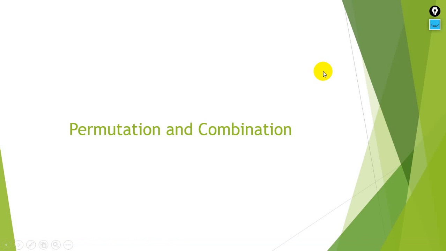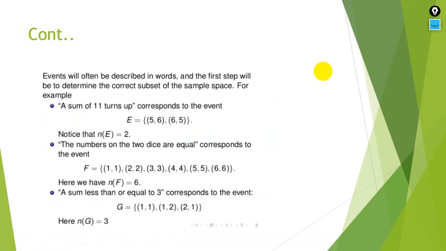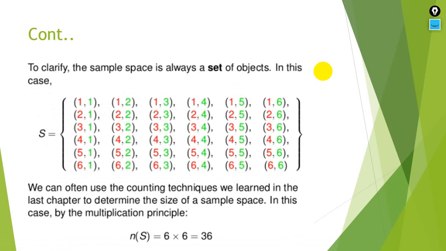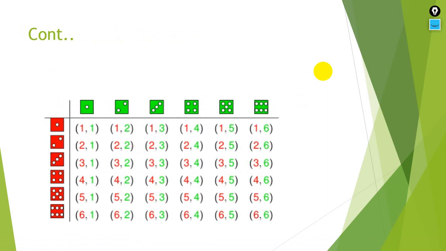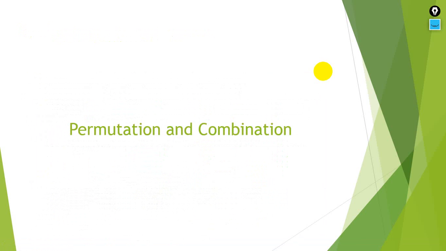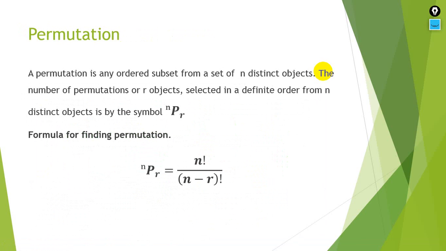Okay, Bismillahirrahmanirrahim. So in the previous lectures, I have explained the sample space and events. Okay, so these were the previous lectures, and now we have permutation and combination. So what are permutation and combination? Okay, so here if we want to find